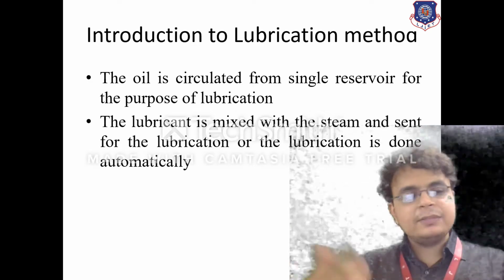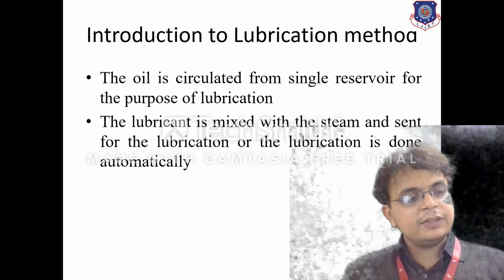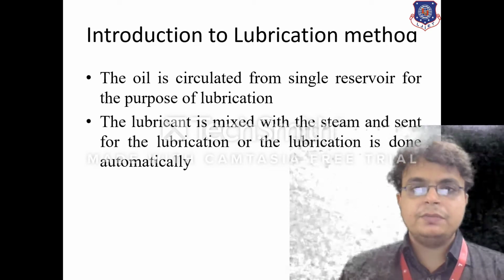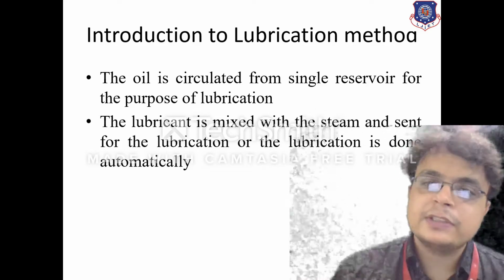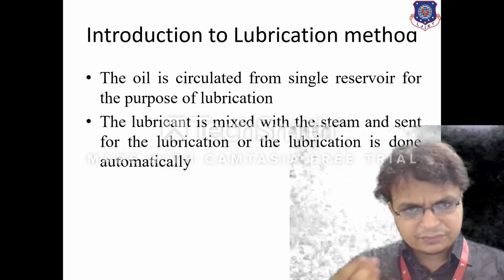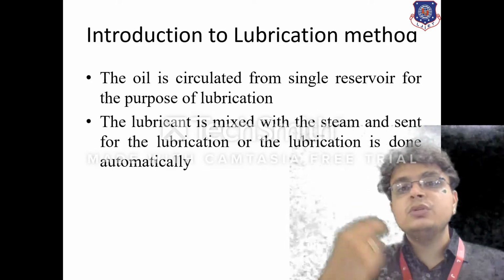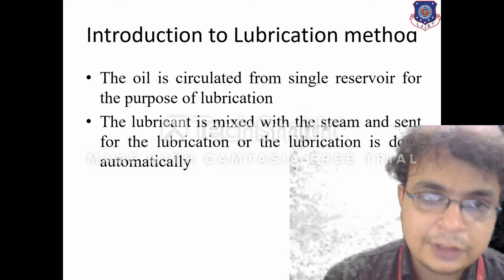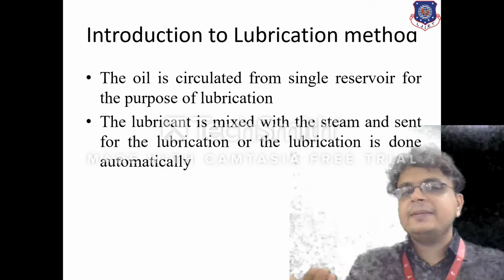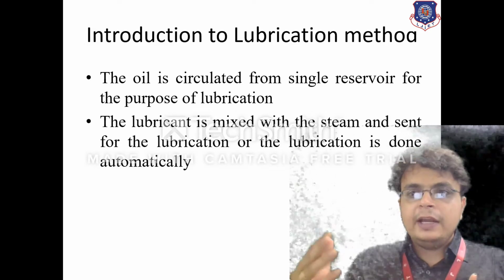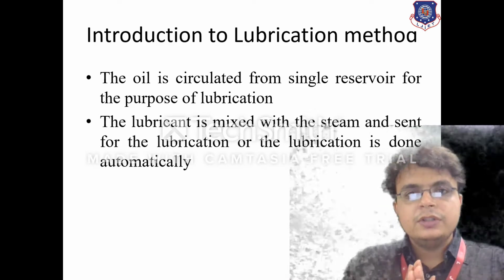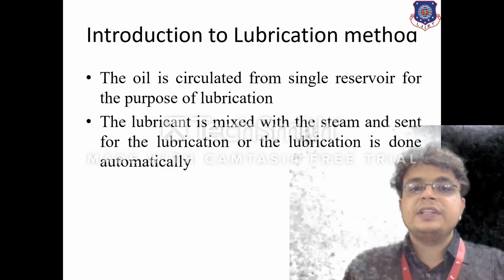Now, why is a lubrication method required? We all know that oil is very much required in the industry, particularly in any machine industry where wearing used to take place in the machine. So, lubrication is a method with the help of which we can reduce the wear and increase the design life of the equipment. So, yes, it is necessary that oil is circulated in a desired manner so that it can continually move, lubricate the surface and make the surface smooth. So, this is why we need a lubrication method.